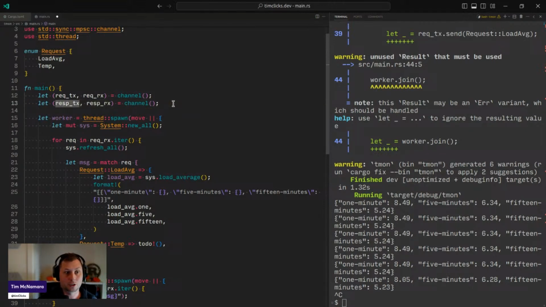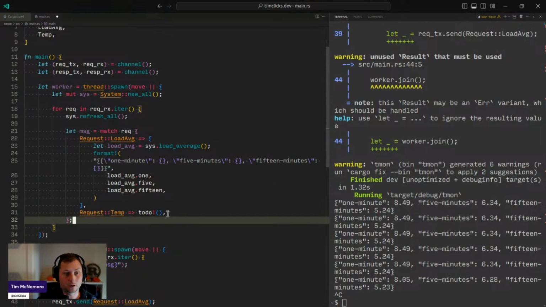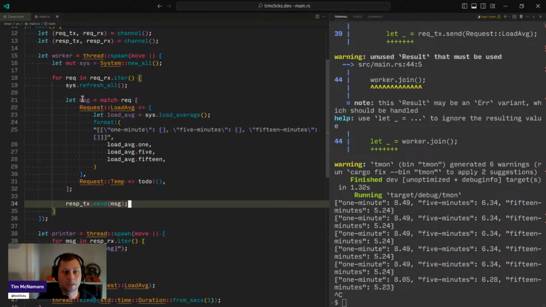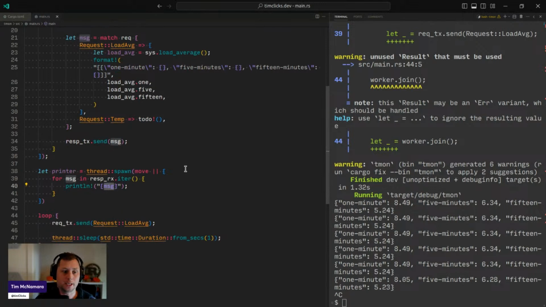Now, response TX is actually over here. So we start, we do our poll, we create our format, then we send a message, and then we print it out. And it turns out that our printer is getting a valid JSON object. And so what we might want to do is